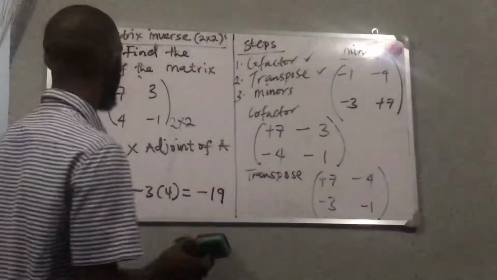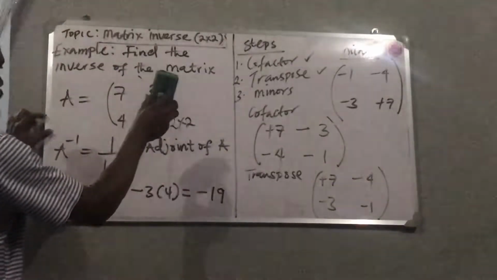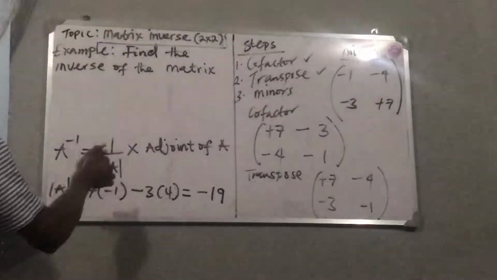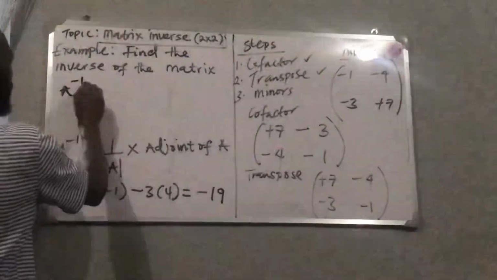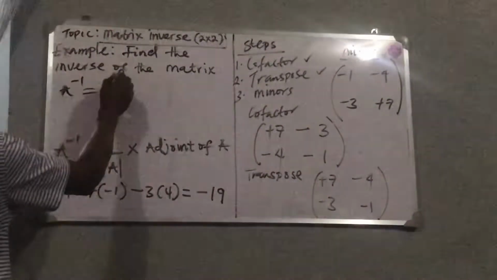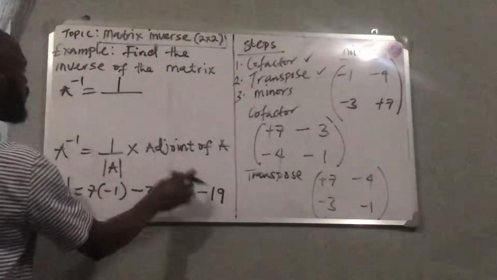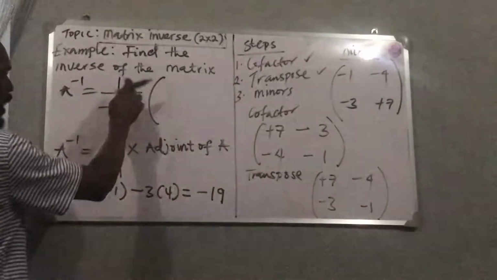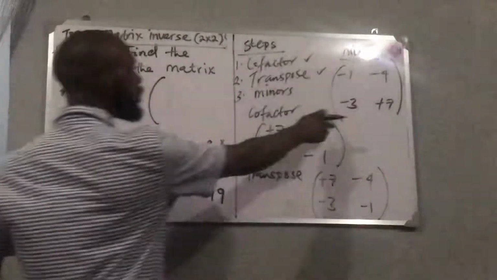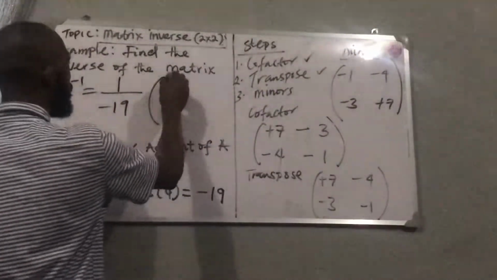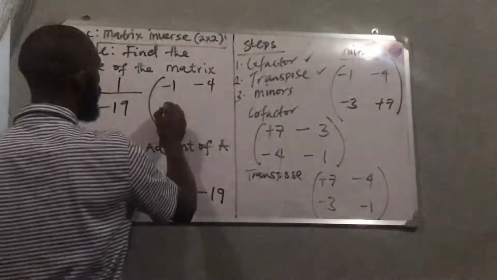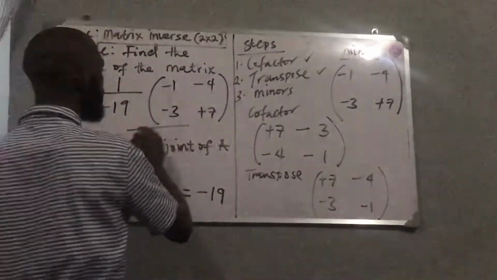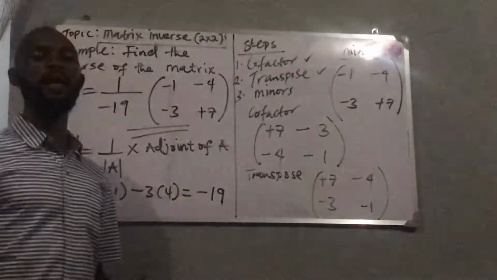Okay, so I can just go up here and do it. So what will be my A inverse? Now, A inverse equals 1 over determinant, which is minus 19, times my adjoint of A. My adjoint of A is this, which is minus 1, minus 4, minus 3, and plus 7. So this is how to find a 2 by 2